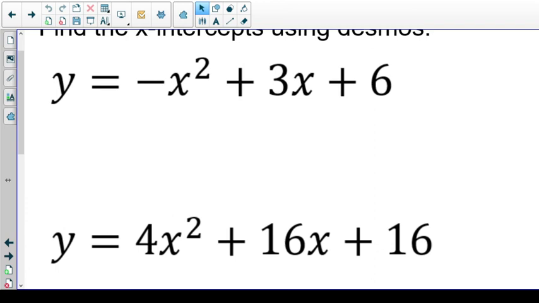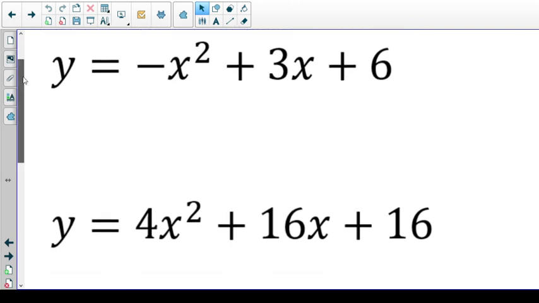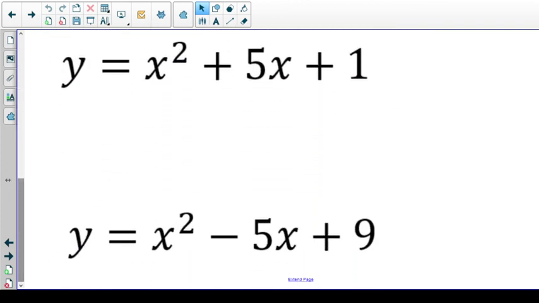There's going to be 4 of them, but I want you to record the x-intercepts for these 4 parabolas. So here's your first 2. You can pause, work it through your Desmos. And then here are your second 2. So once you have that done,